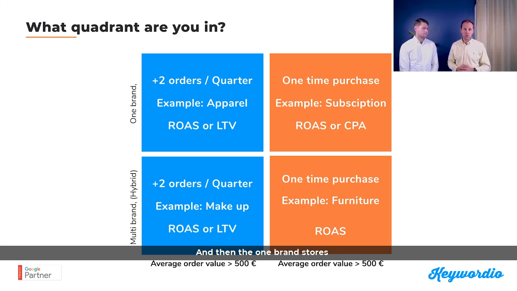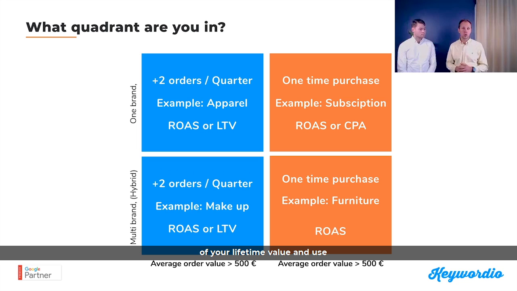And then the one brand stores or the own brand companies. And then we look at the average order value. So if you have an average order value of below 500 euros or above 500 euros. So there's a couple of different quadrants here. So if you're in the lower left quadrant here, if you have more than 2 orders per quarter from a typical client, then you should probably look into